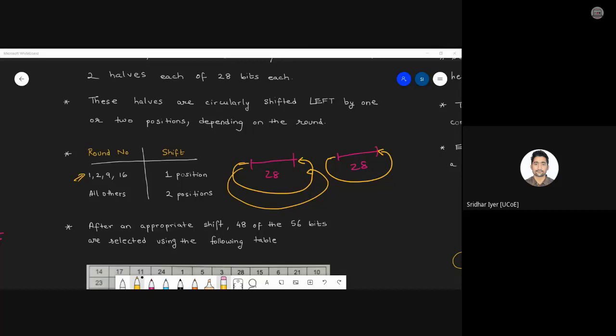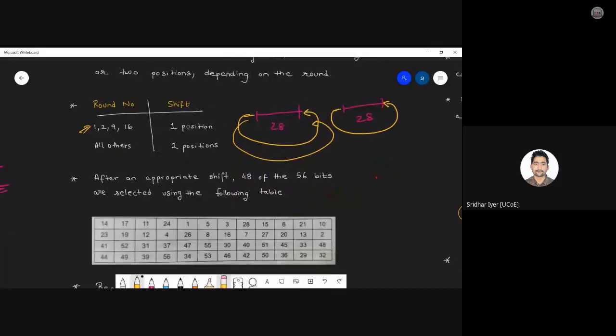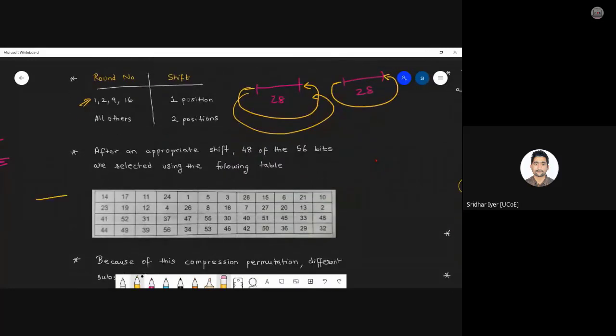You don't need to write exactly everything in detail. In the exam, it is not expected that you go in depth of each and every topic. I'm just explaining how the things work. Otherwise, you might have questions in your mind, like Jimit had, how we get the 48 bits. This is the table. So just have a look.